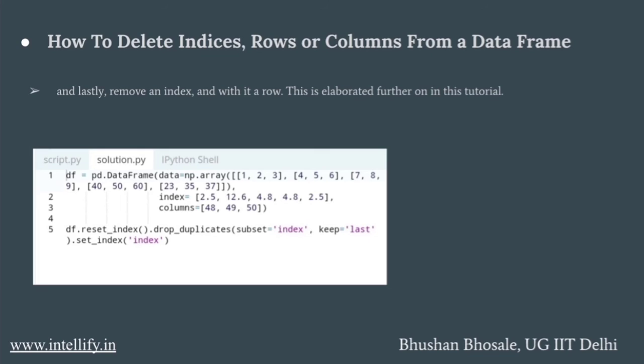Let us take a look at the code. Now, the first line will generate an array or a data frame, a tabular form. Alright, and for the fifth line, what does the fifth line do? The algorithm that was mentioned in the previous slide and this slide will be executed by the fifth line. Alright, we drop the duplicates and we remove an index with its row.